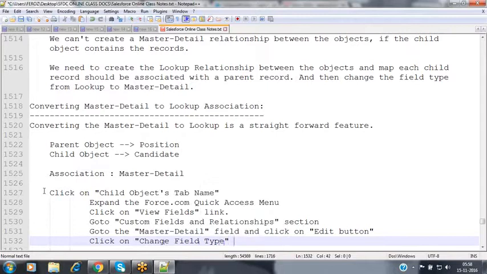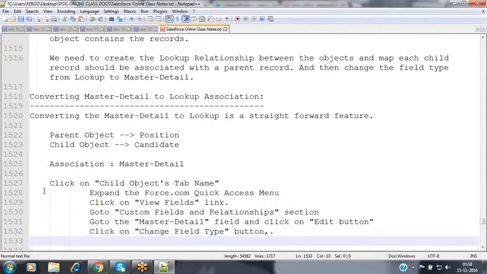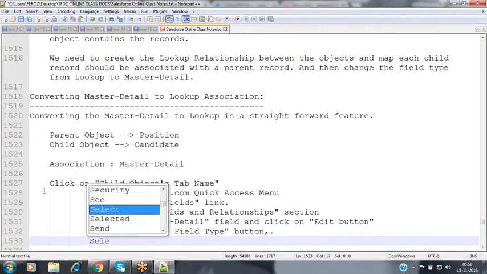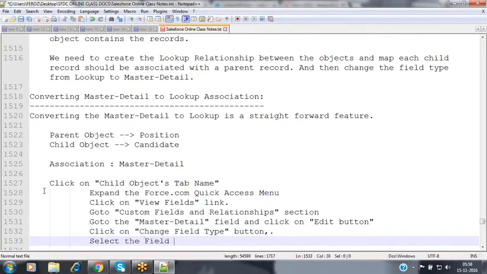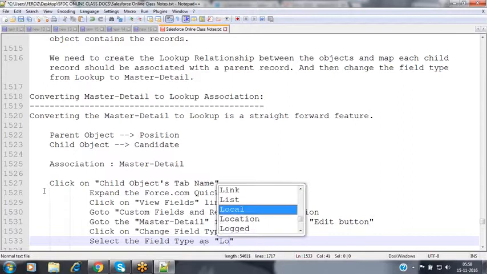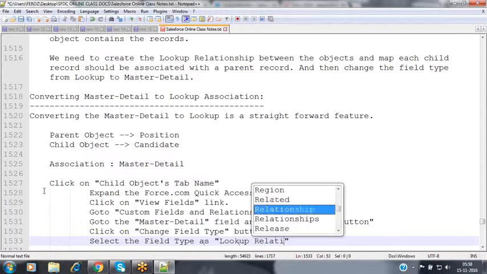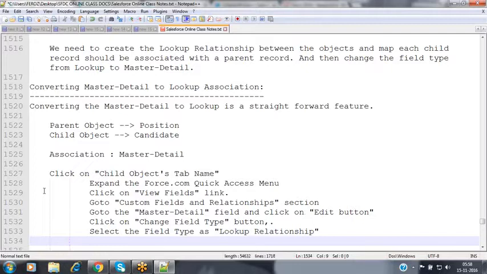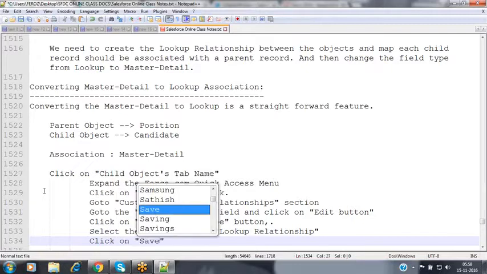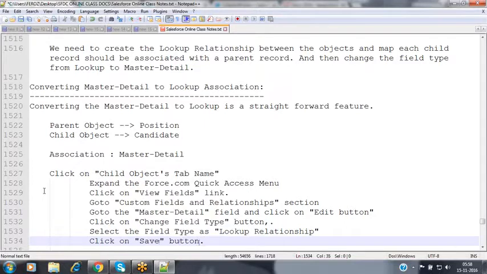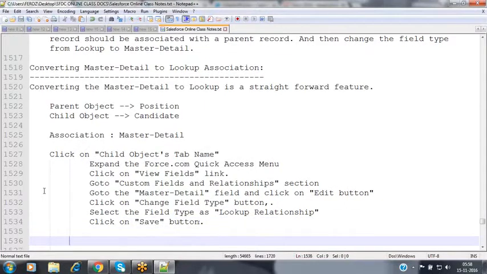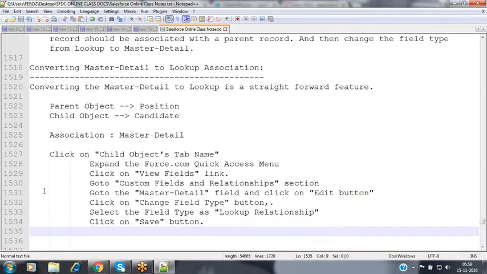Click on the change field type button. Select the field type as lookup relationship and then click on the save button. Then the field type will automatically be converted from master detail to lookup.